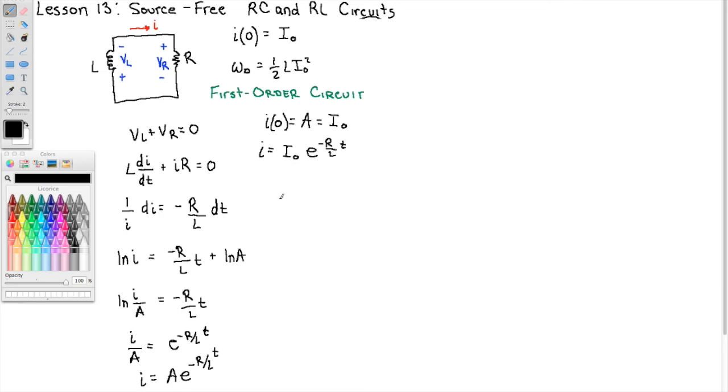Times t. Now, if we put it in a little bit different form, and actually we want to match the form from the RC circuit. We're going to match the form where we had V0 e to the negative t over tau. Right? Well, let's do that. Let's say I equals I0 e to the negative t over L over R, right? L over R. Then the time constant for the RL circuit is this L over R,